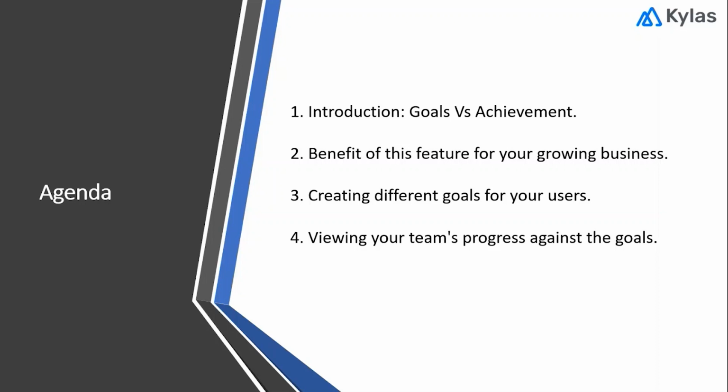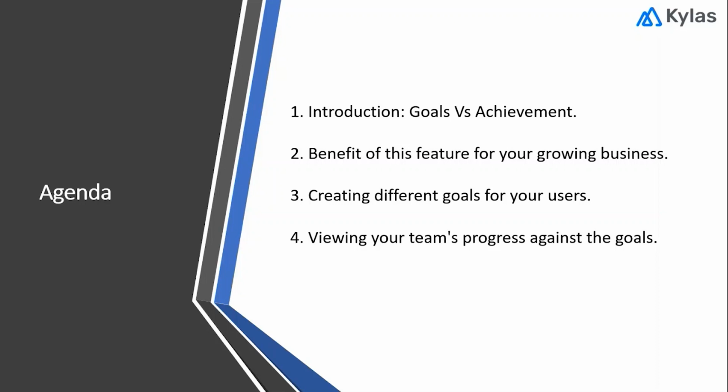So we all know that a goal is nothing but, in some terms, we call it a target, or in some terms we call it an objective, right? But eventually it helps you to measure your users' performance and progress, right? These goals can be set related to sales, marketing, service, or tracking revenue, right? And users can also define and set these goals on the basis of key performance indicators and their roles